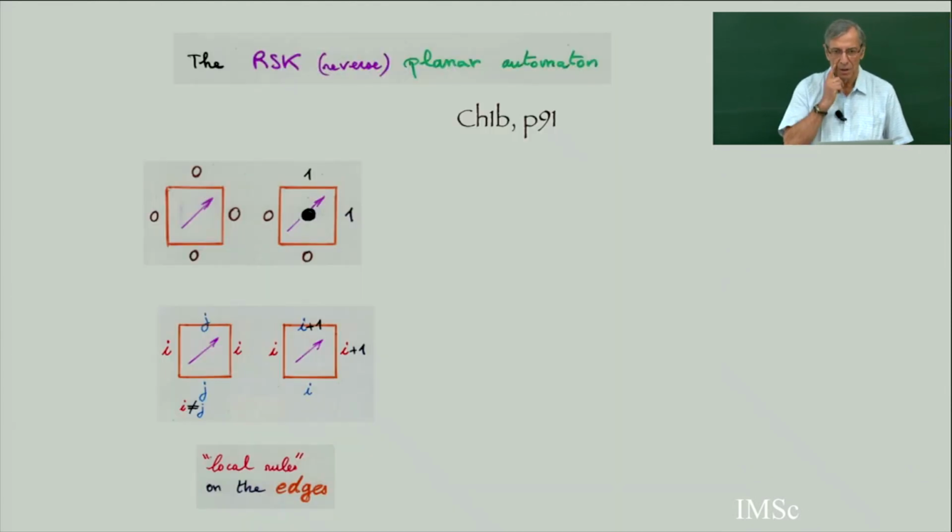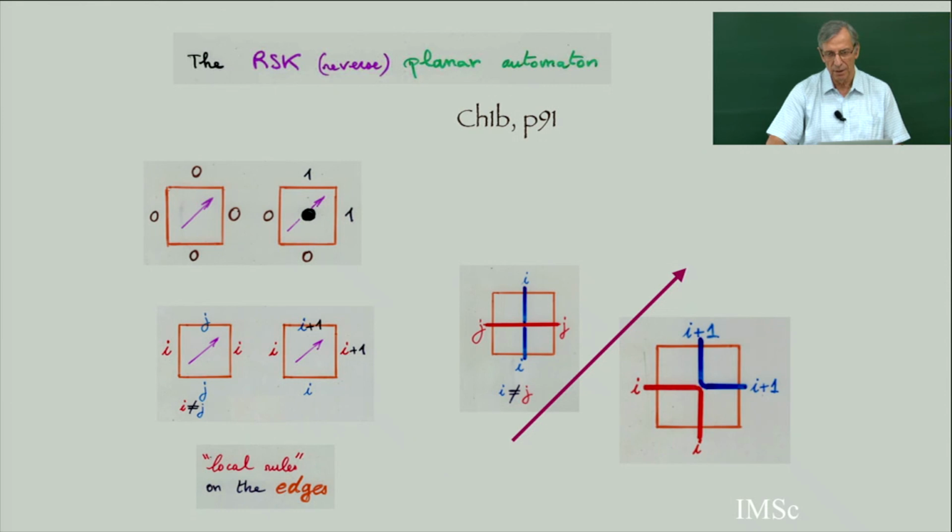And to do this, we know I have defined in previous chapters what I call the reverse RSK planar automaton. So if you have the label 0, 0, it gives you 0, 0. If you have a point, in case of permutation, a point of the permutation, you get 0, 0 give 1, 1. And if you have many cells, then i, j give j, i if they are different. And if they are the same, i, i give i+1, i+1. So this was a local rule on edges to get Robinson-Schensted.